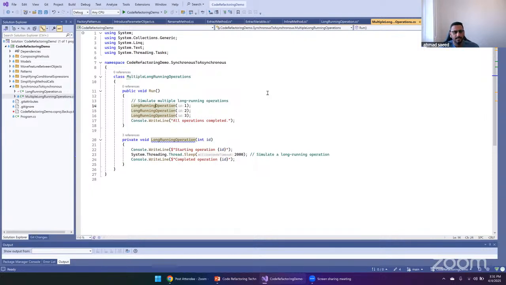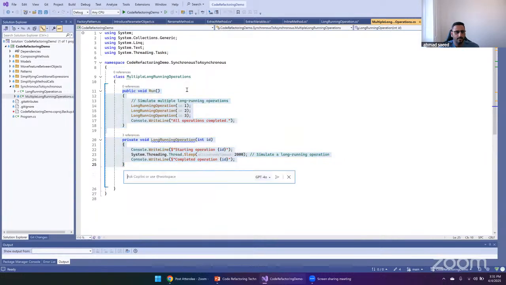That is exactly what I did in the previous example. We can run this long running operation as a task, and we can wait for all of the tasks to complete, and they will be running in parallel. I'm going to ask Copilot to do that for me. The end result I'm expecting is that it will have an array of tasks, and it is going to await all the tasks at once. So let's see if it can do that for me. I'm going to select this and say, okay, Copilot,